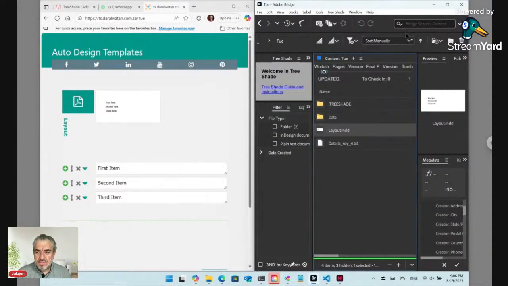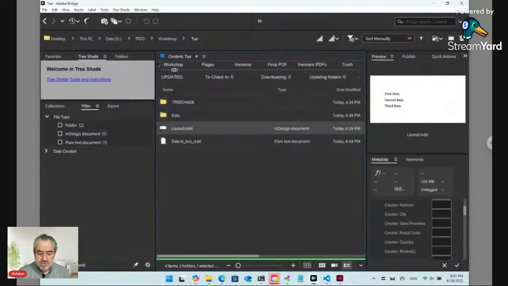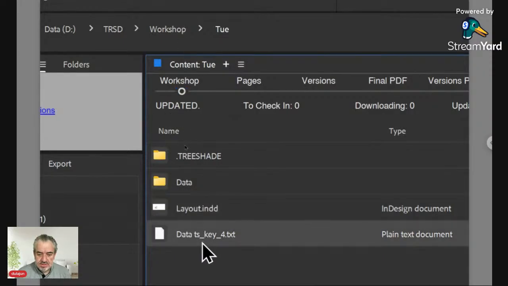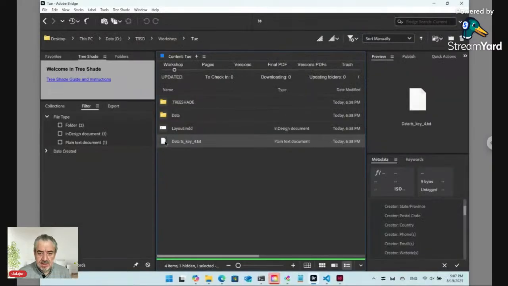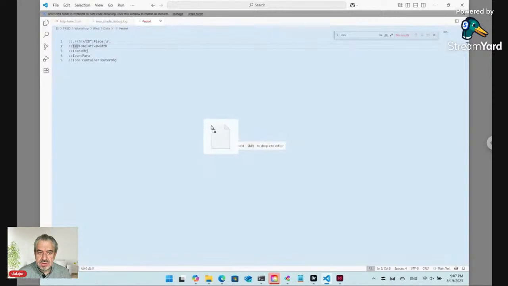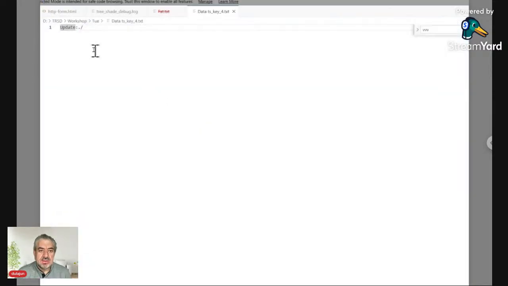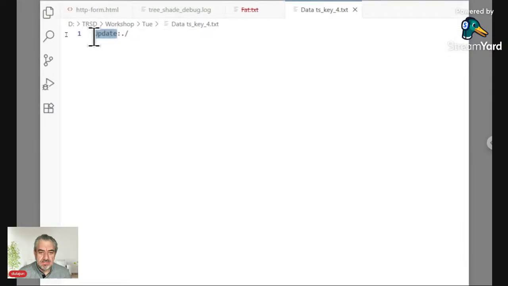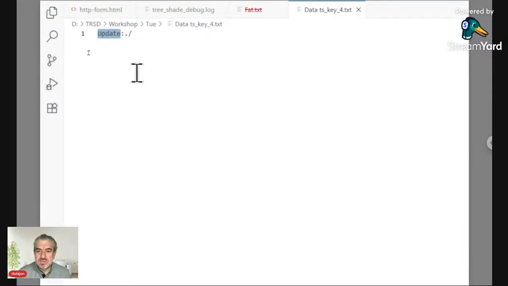And here we have the project TUE, Tuesday, inside workshop. We have this text file that has TS underscore key. Inside this text file, there are settings for the submitting buttons. In the template form, I have the button name, update, and the updating location,